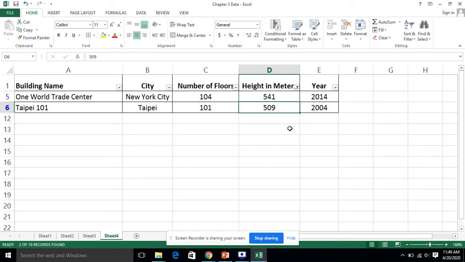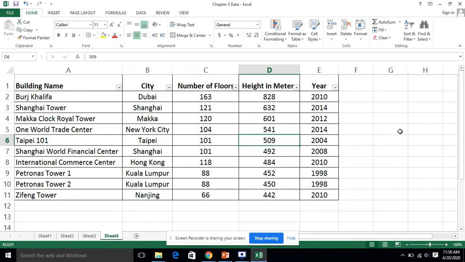This is how we can apply custom filtering on our data in the form of less than or equal to, greater than or equal to, and some different options. How can we remove the filter? We can also remove it by applying the clear option. Now this custom filter will be removed by applying the clear option.